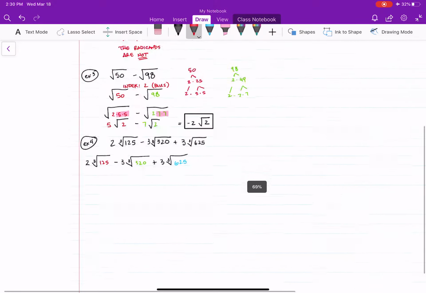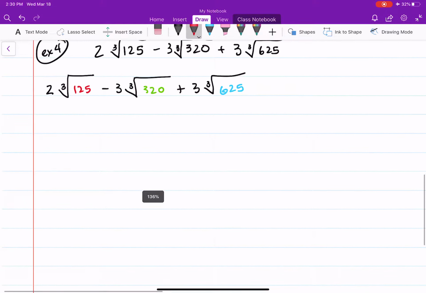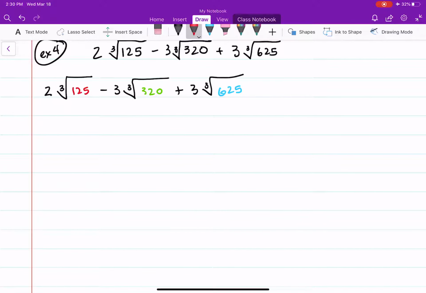How do I want to do this? Let's do it right underneath it. So 125, if you do the factor tree for 125, you're going to get this. The cube root of 125 is going to end up as 5 times 5 times 5